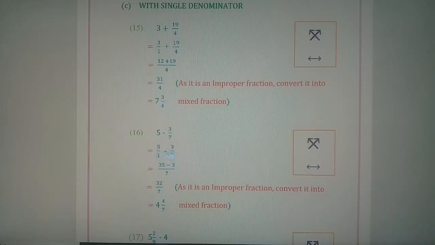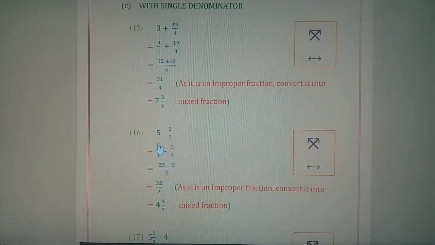Now we are doing subtraction of two fractions, but their denominators are not the same. So when the denominators are not the same, for addition or subtraction, we have to use the cross multiply method or the LCM method. The cross multiply method is best for two fractions when they are added or subtracted. But before doing the cross multiply, we have to first multiply only the denominators. First the denominators 1 and 7 are multiplied. 1 7s are 7. So we write 7 in the denominator.